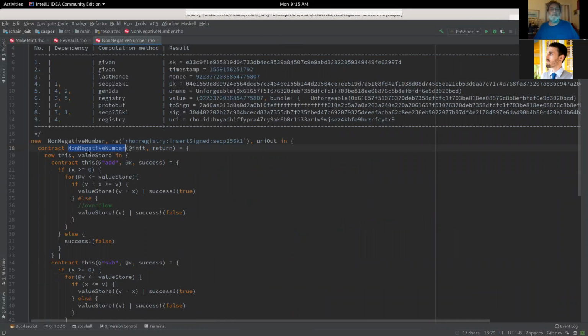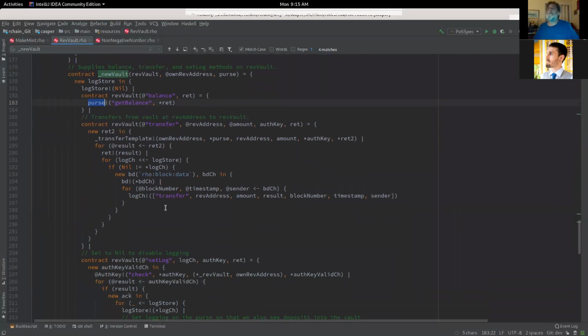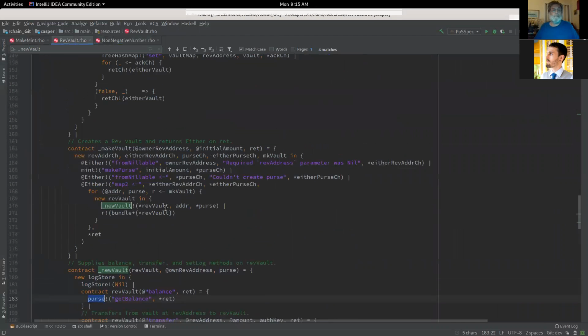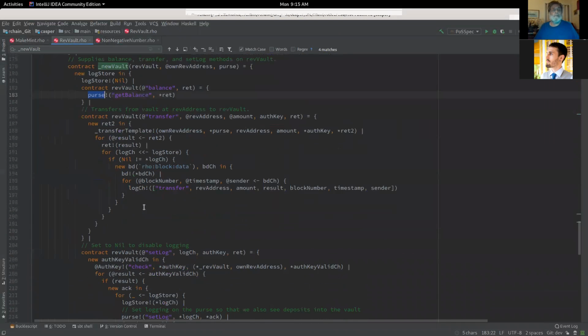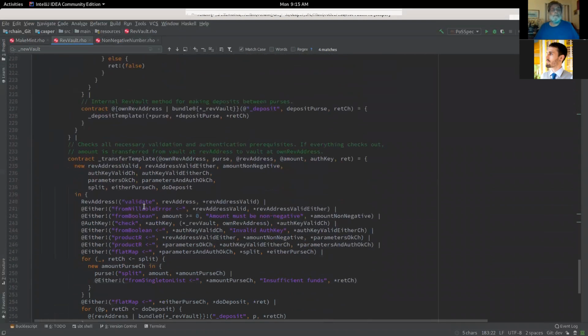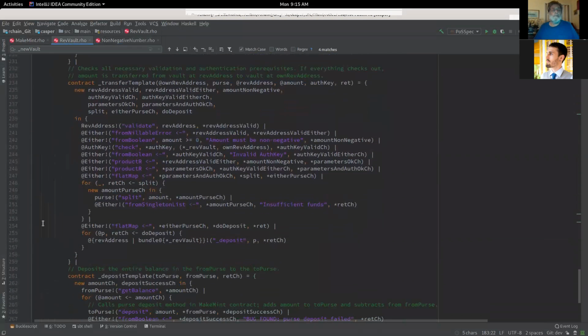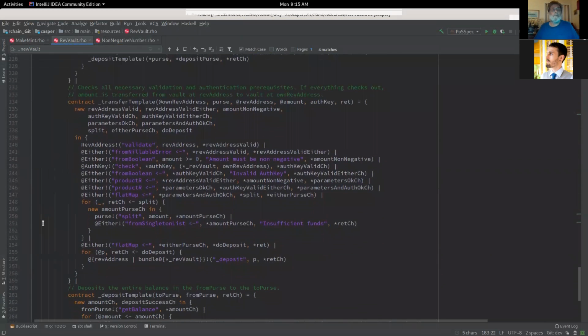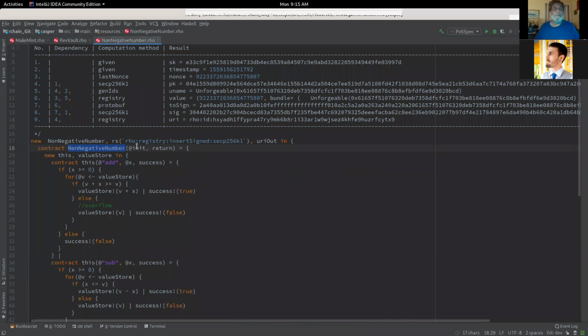Because if you look in RevVault, when we do, let's see, where did we? Oh yeah, this is new vault, blah blah blah. There's got to be some sort of, okay, hold on. There's probably an init.